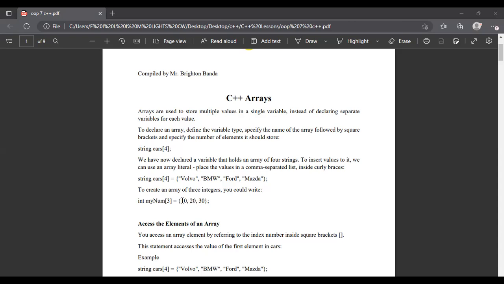Okay, it is a comma separated list. Okay, then each statement in C++ ends with a semicolon. Make sure to include the semicolon at the end. Then you have declared